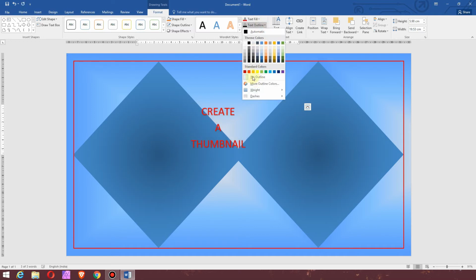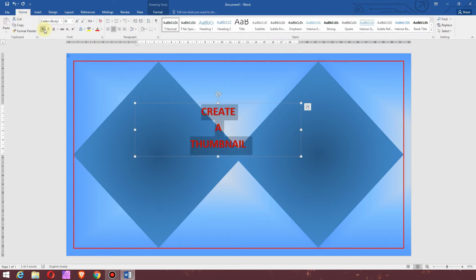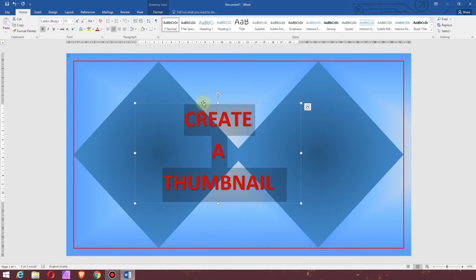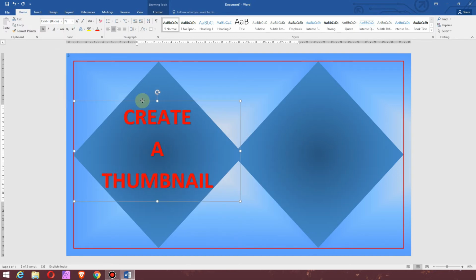Change the text color, size, font and add a text border of your choice. Drag the text box to the appropriate place.